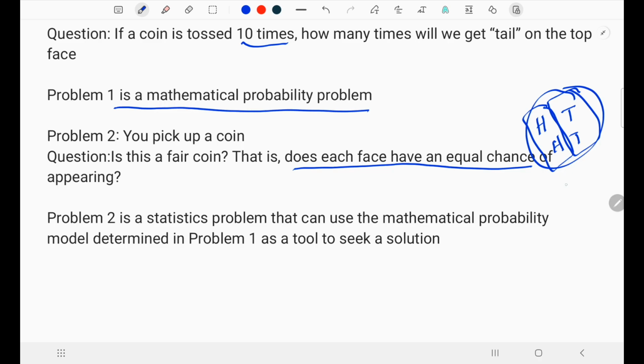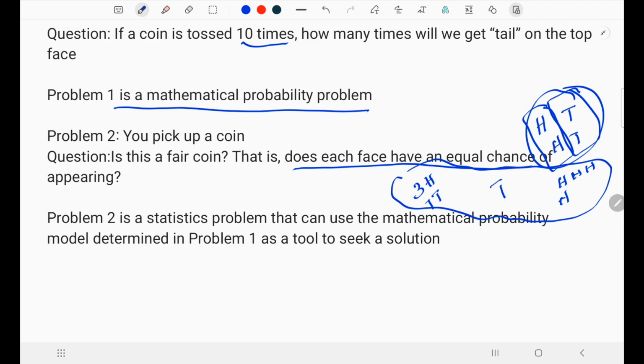Suppose, for example, the first time I pick I may get the head face, and the second time again the head face, and the third time also the head face, and even for 10 times I pick the coin, I may get completely head faces. Or sometimes I can get completely 10 tail faces. Or sometimes I can get 3 heads and 7 tails. So it is randomly distributed. I cannot say which one will come.